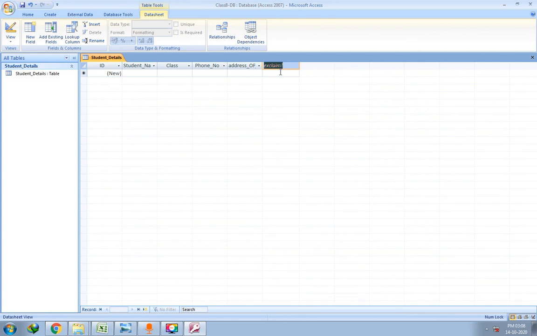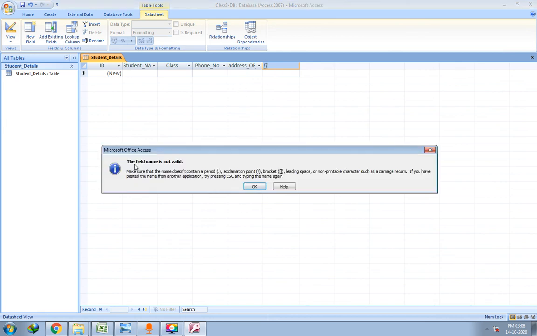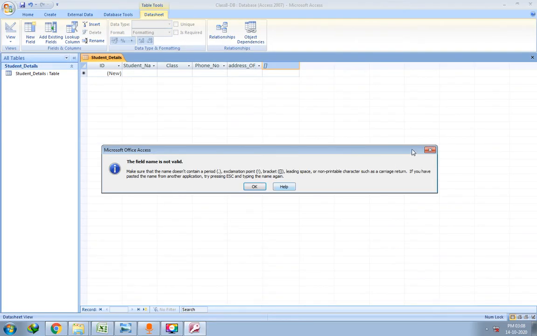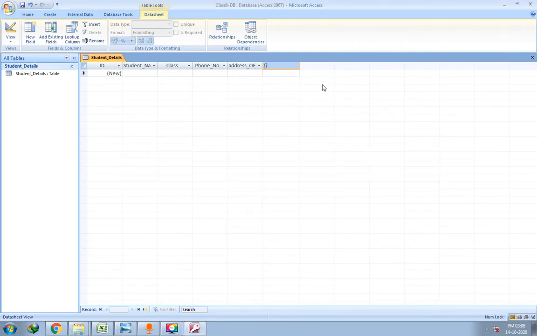So what is allowed? Lowercase letters, uppercase letters, underscore and numbers. Period, exclamation mark, and square brackets are not allowed. Let us check square bracket, and let me click over here. The field name is not valid, the same error message is prompting on the screen. So close this message. You have understood the three rules.